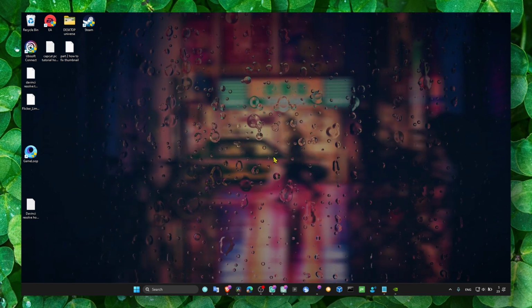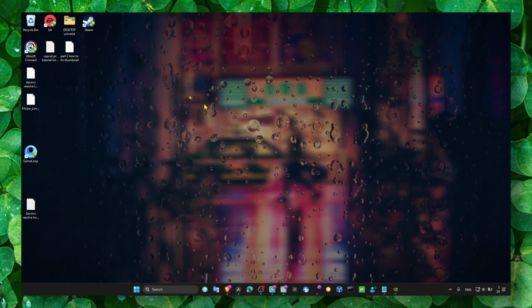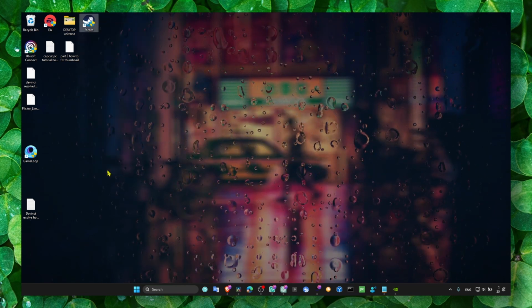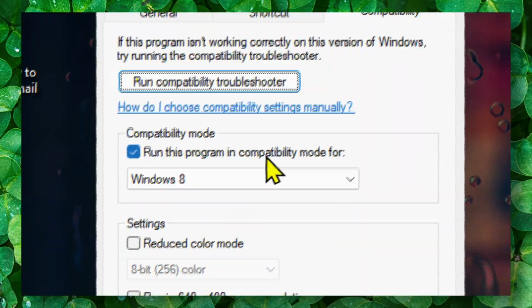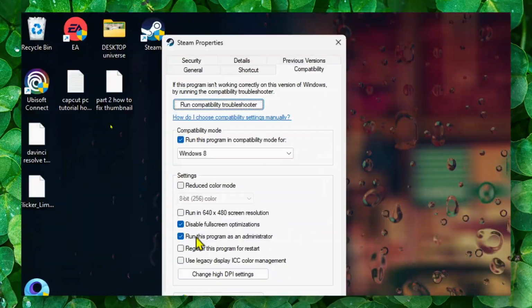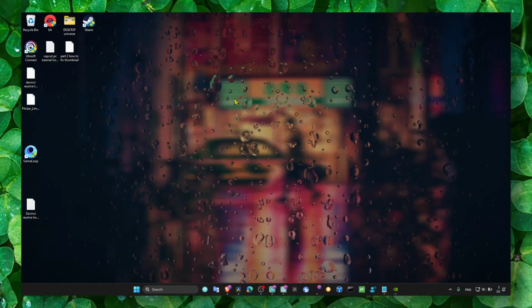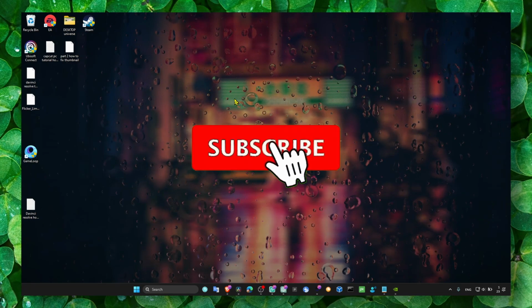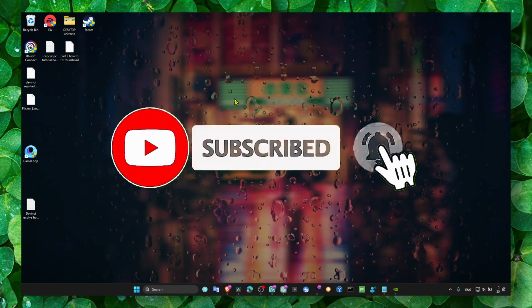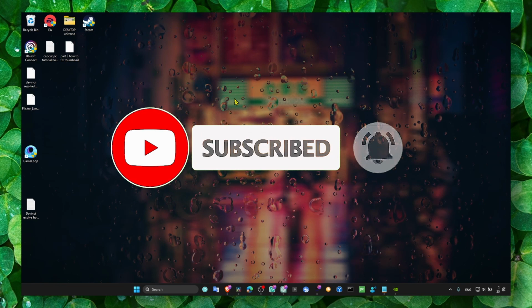And now also make sure you click on Zoom and go to properties, and you run Zoom as administrator. And now the next method, you also have to